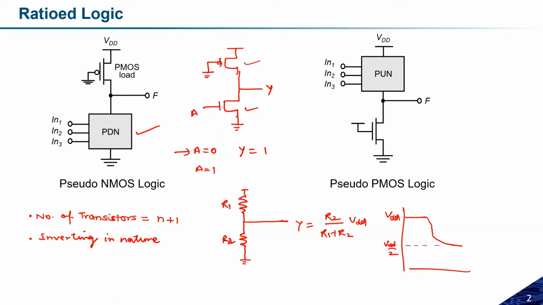And if I change this R2, like if I increase this R2, the swing will be shifted somewhere here. So the noise margin is calculated with this point and this point. Based on the size of these transistors, the pull down network and the pull up network, we can decide the noise margin. I think I have already explained this to you previously. Yes, I understood. You got the point? Yes. Okay, so this is how it could be. I have already explained, that is why I did not explain now, because we have done these things before.